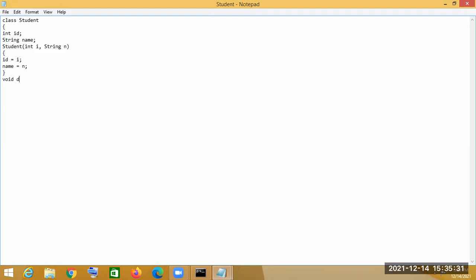After that we will write the statement void display, system dot out print ln. ठीक है, अब इसमें हम लोग क्या करेंगे, जैसे उधर भी हम कर रहे थे id और name, तो आईडी और नेम को हम लोग प्रिंट करेंगे। अब public static void main String args।